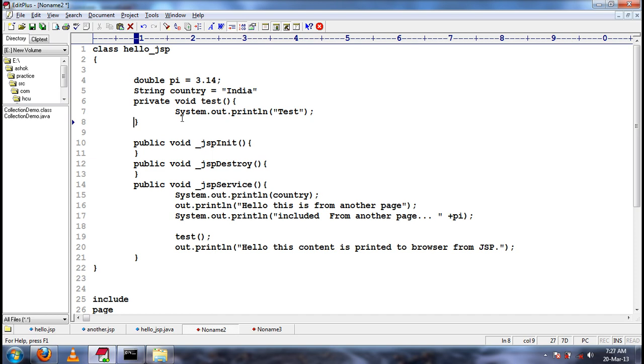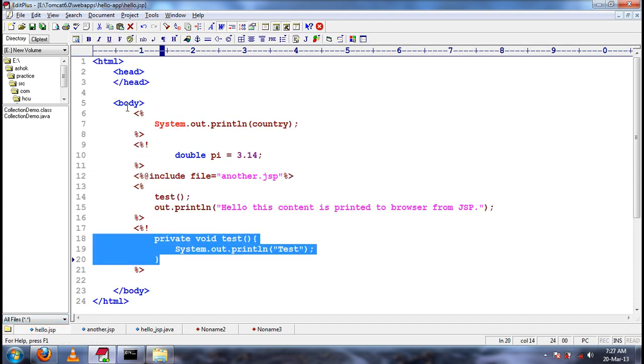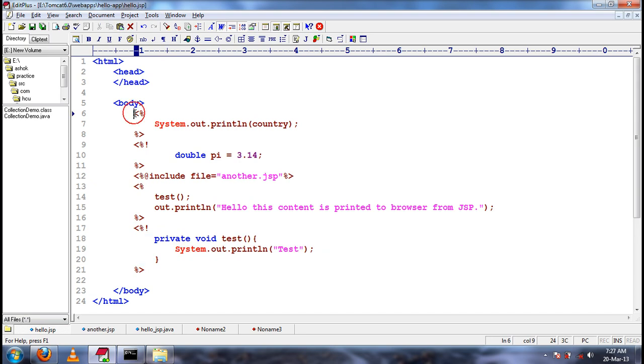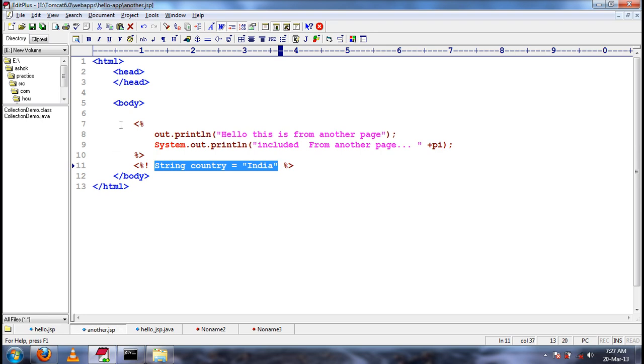No, it will not be like that. It will be in a sequential order, right? First this content is executed, then this content is executed, then the JSP page is tried to be included. So it will try to pick up the whole content from this JSP page and we will try to translate that into the same parent servlet.java. You see here,